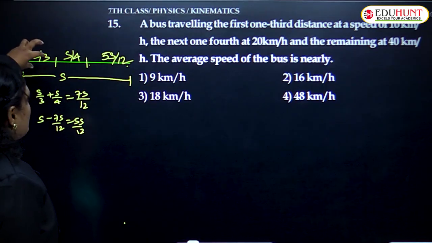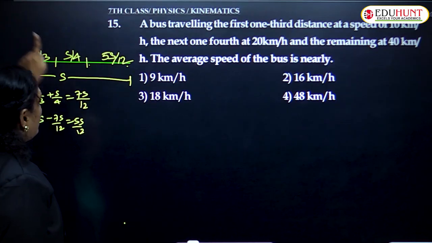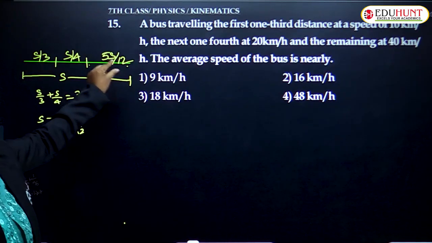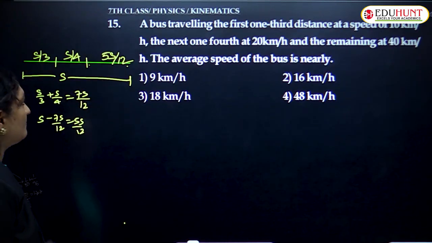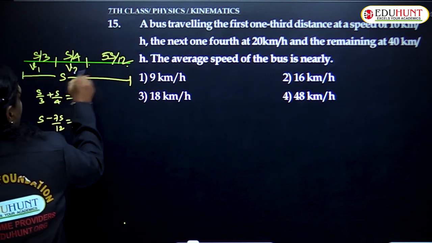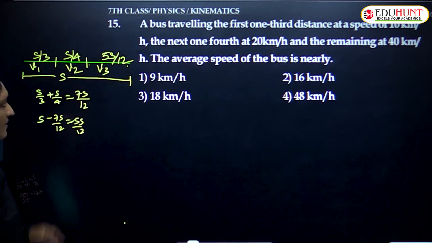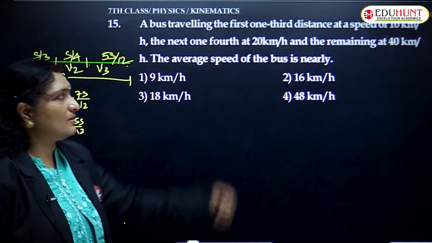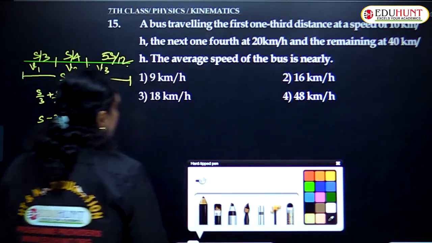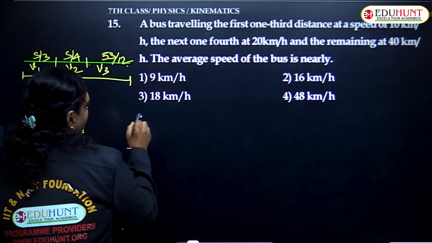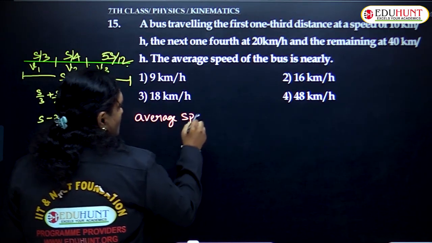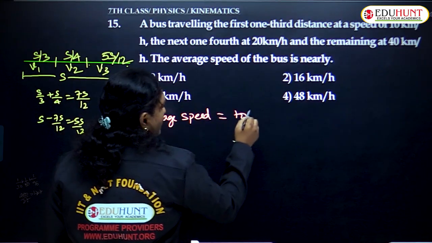So, as it was given, the distances S1, S2, S3 were S by 3, S by 4 and 5S by 12 respectively, and the speeds with which it covers are V1, V2 and V3 respectively, where the values of individual speeds were given. Okay. So, now applying the previous formula, we have average speed equals total distance